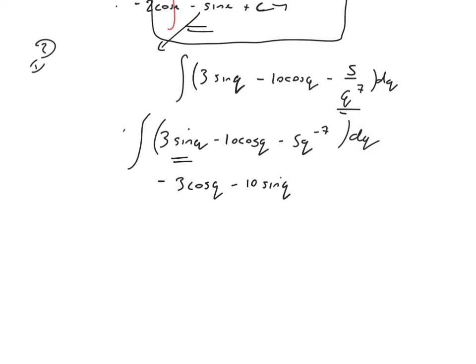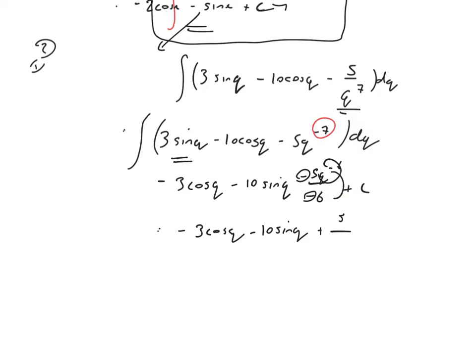And remember, here I'm going back to unit 1, adding 1 onto the power, divide by a new power, so that's going to be minus 5q to the minus 6 over minus 6 plus the constant of integration. Let's tidy it up. Minus 3 cos q minus 10 sine q, and then bring that back down. The negative divided by the negative cancels out, and that's plus 5 over 6q to the power 6 plus the